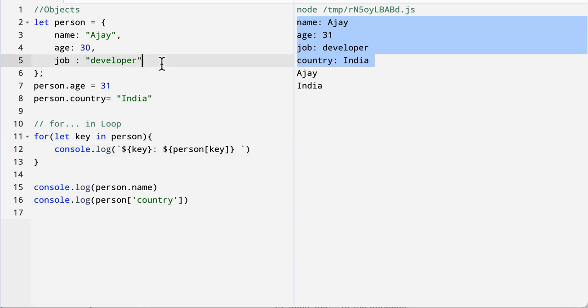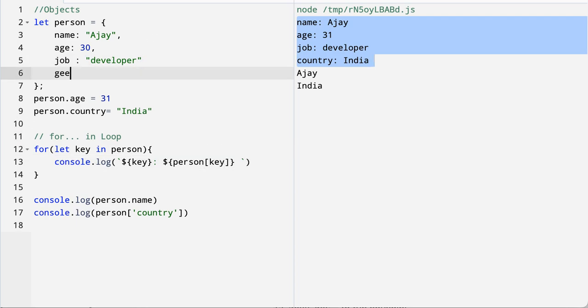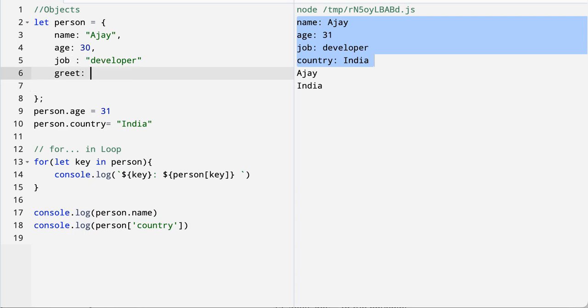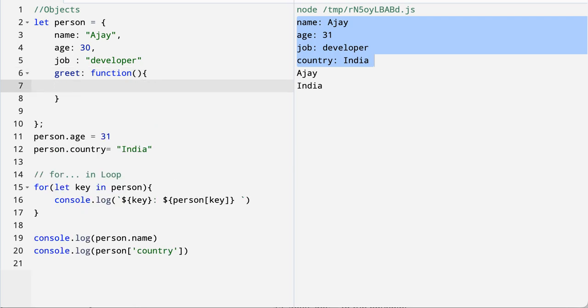Let's add a greet key and provide a function as a value, and we can console dot log with parentheses open close,